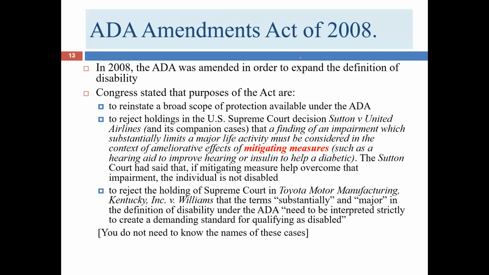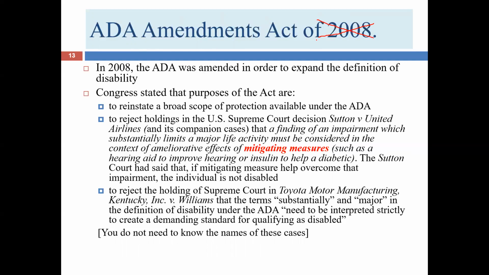So in 2008, and you don't need to know this year, 2008 was the year that a very significant change to the Americans with Disabilities Act happened. And this is kind of similar to the Lilly Ledbetter Act and also the Civil Rights Act in 1991. The U.S. Supreme Court issued some decisions relating to the Americans with Disabilities Act, and the Congress disagreed strongly with those decisions and passed a statute to make those decisions no longer legally relevant. And so that's the history of how we got to this particular amendment.